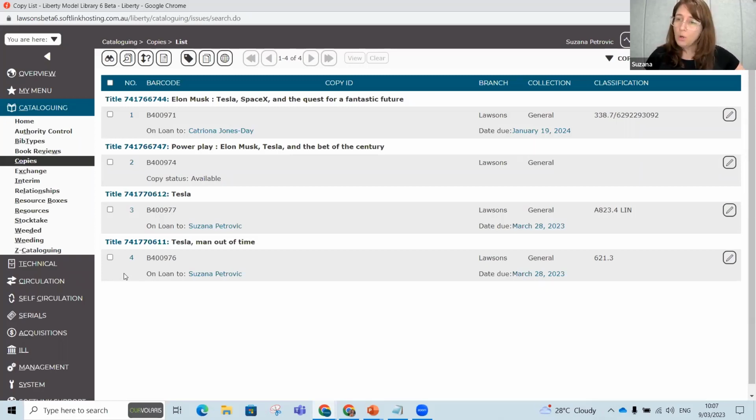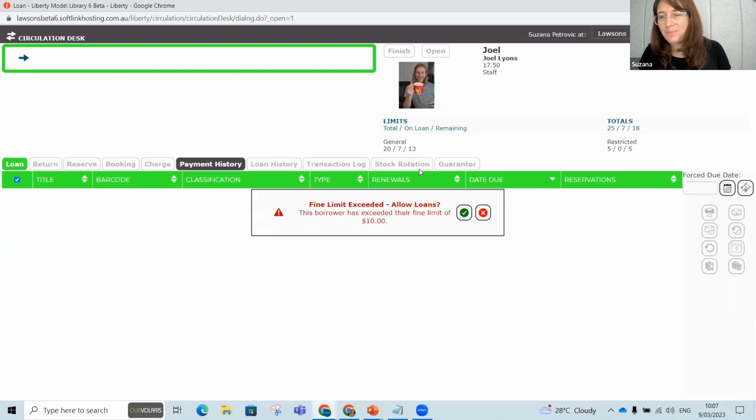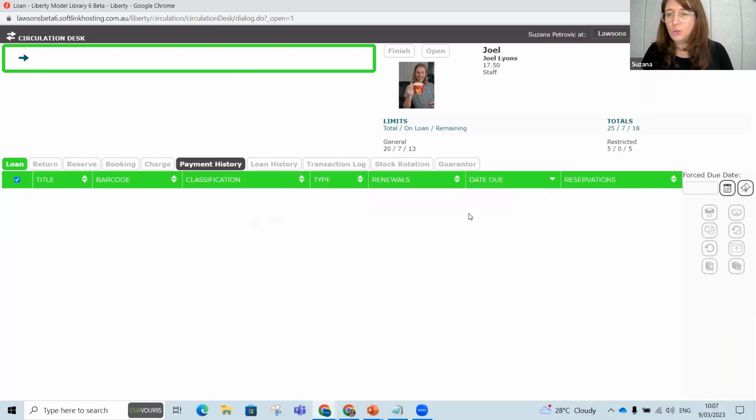Once we put a resource on hold, the borrower's name will appear here. So this feature is triggered when a reservation's been placed for a specific branch or a specific copy. Now, to have a look at this feature, we'll need to open our circulation desk. And I've got a very eager borrower, my friend Joel. Oh, I don't know why I always have trouble typing names. Let's try again. Joel, got him. Here he is. My friend Joel, he's got some fines, but we're not going to talk to Joel about that